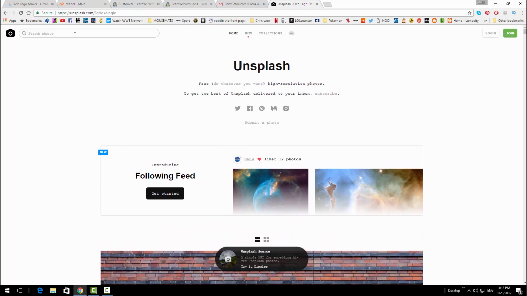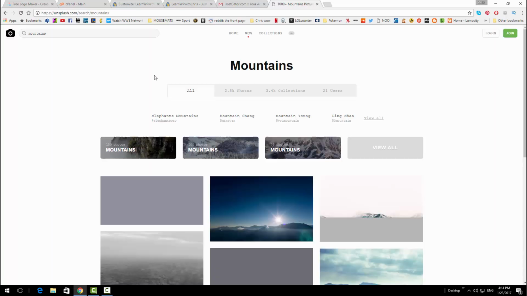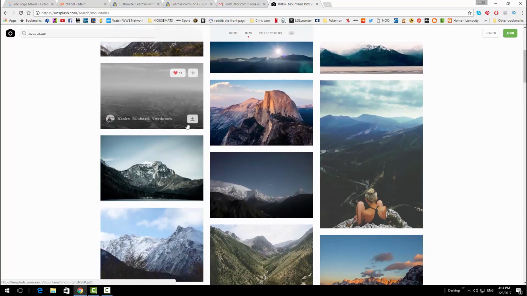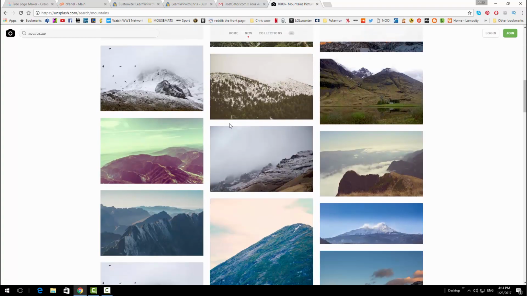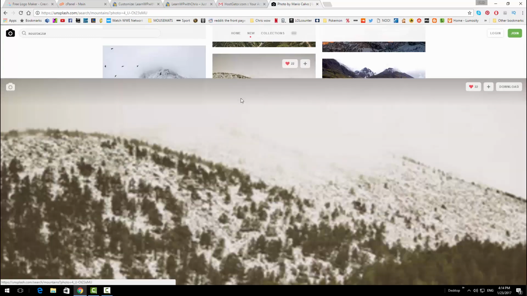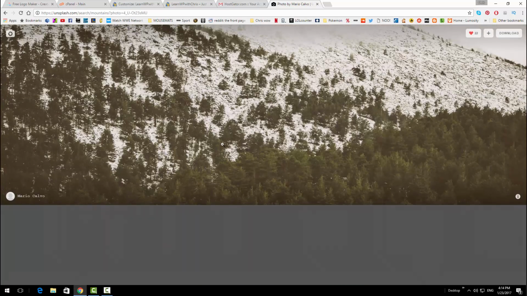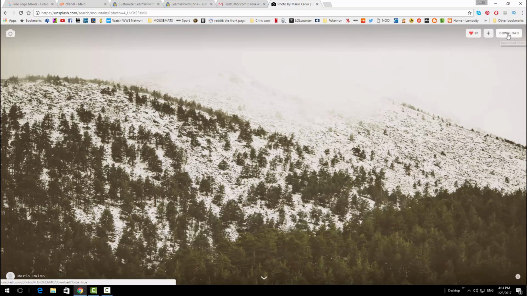So let's say you have some kind of theme that you want to stick by. Let's say you want to use a lot of mountains. You'll find loads of high quality images which show mountains and hillside areas. So yeah, just go through this until you find some things that you like. Even just download a bunch of them. You just click on them. Look, they're already huge. And if you just go up here at the top right and click download, just get a bunch and find some that you can switch about